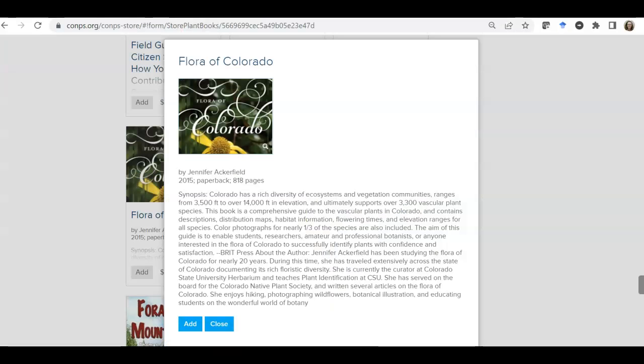I also want to point you towards The Flora of Colorado by Jennifer Ackerfield, who is a longtime CONPS supporter. She has developed a Flora of Colorado that everyone in CONPS is using. There is an older flora by William Weber, but it's falling out of favor as time goes on. The reason why I point you to the flora is this is a dichotomous key, and although gardeners don't typically get into the